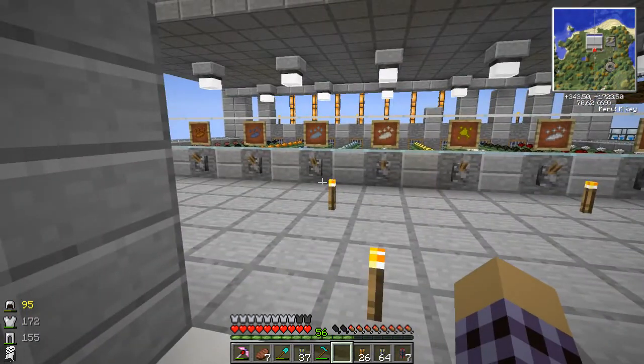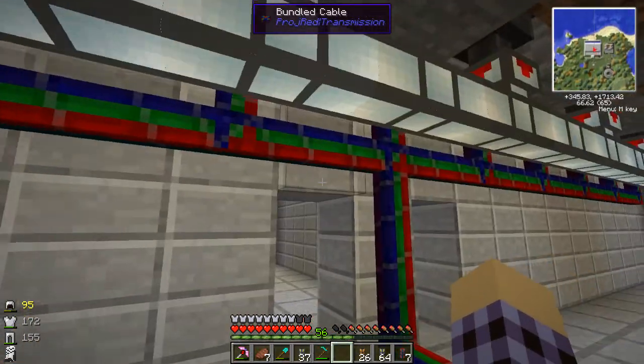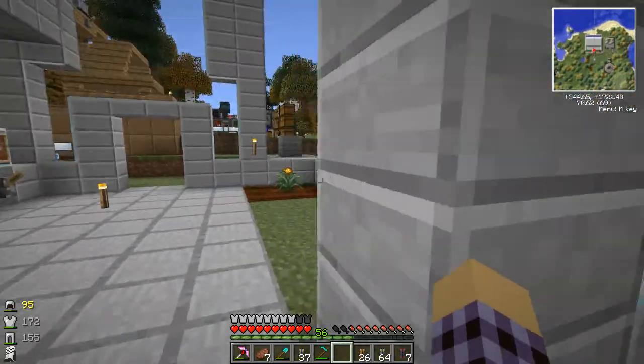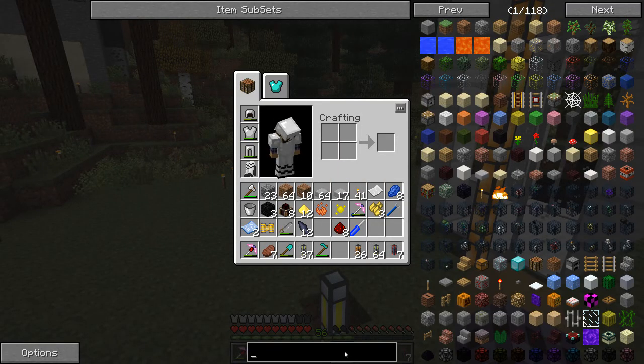What we need to do today, though... Oh yeah, you can go down here and you can kind of get under it to see all the wiring on the lowest level. But what we need to do today is get some power going, and I think we're going to use